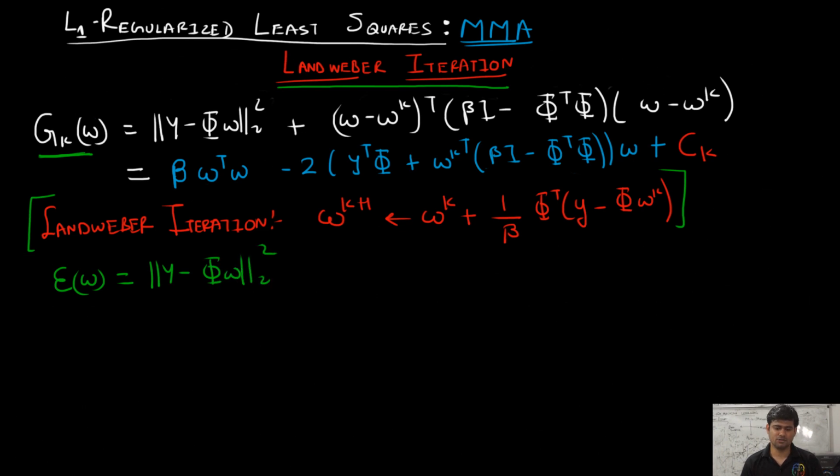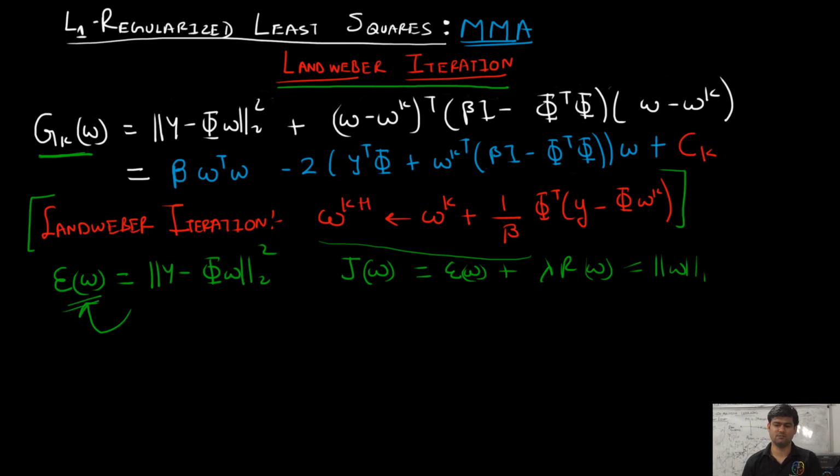which is also one of the terms of our very original loss function, the L1 regularized least square function g(w), which is E(w) plus lambda times some R(w), where R is a regularization term equal to the L1 norm of w. So if we apply this update iteratively, we are guaranteed to minimize the original loss